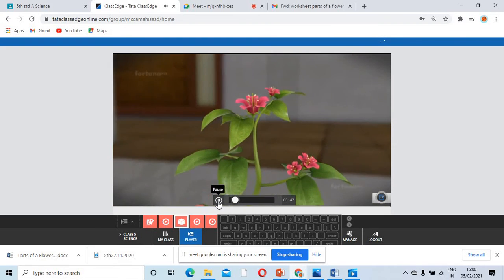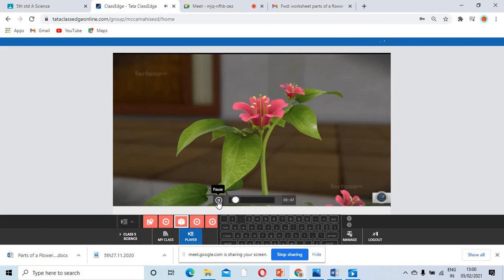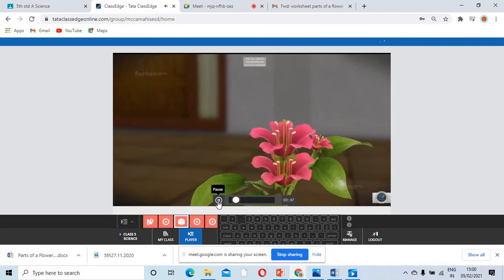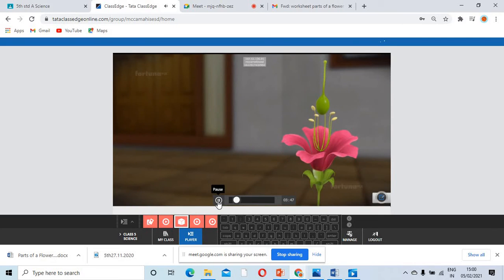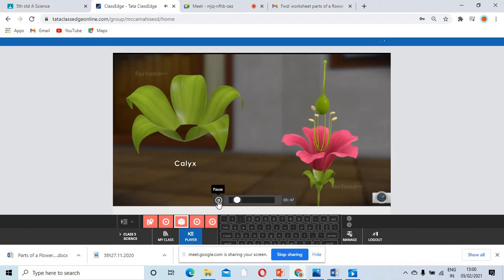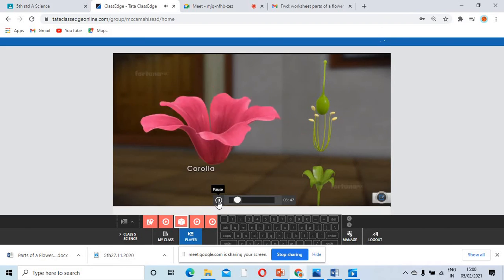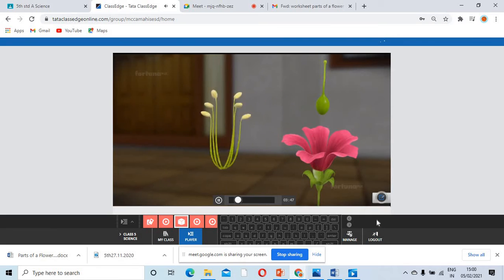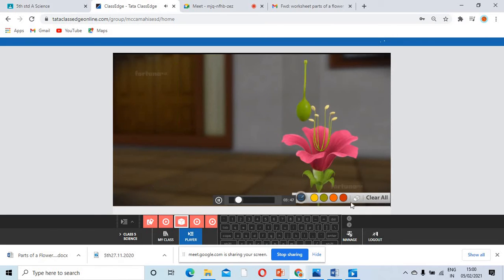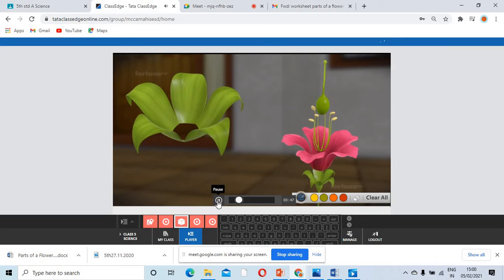To understand the process, let's first look at the reproductive parts of a flower. A flower is made up of 4 concentric whorls: the calyx, the corolla, the androecium, and the gynoecium. The calyx is the outermost whorl. Now can you understand the 4 parts? This is the first part, and they are also giving it another word for it. It's also called the calyx. The sepals are also called the calyx.